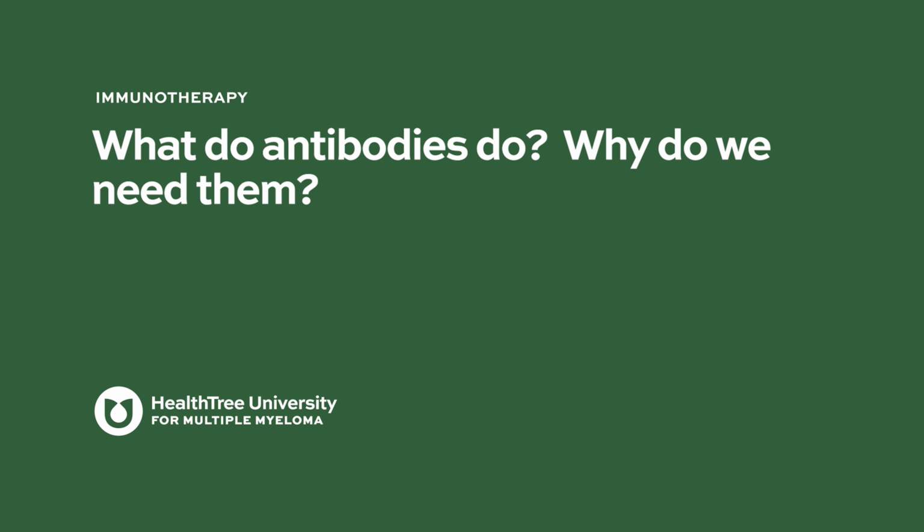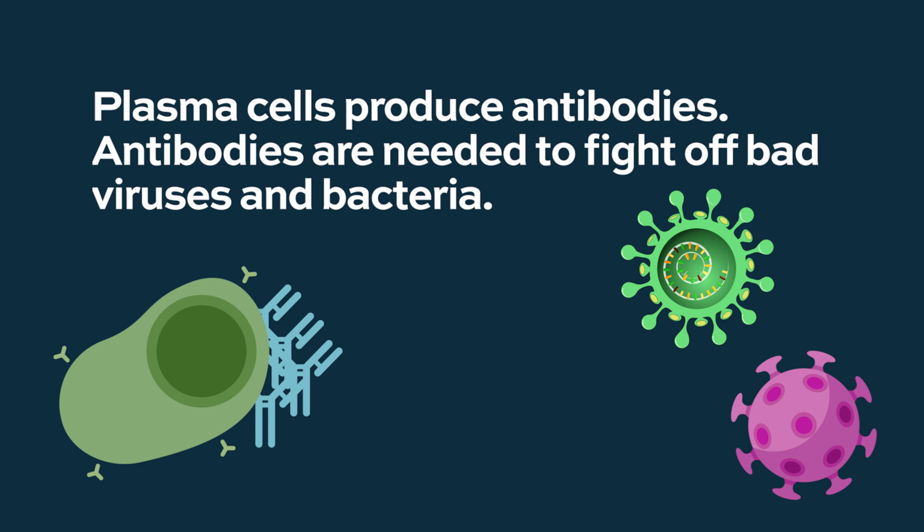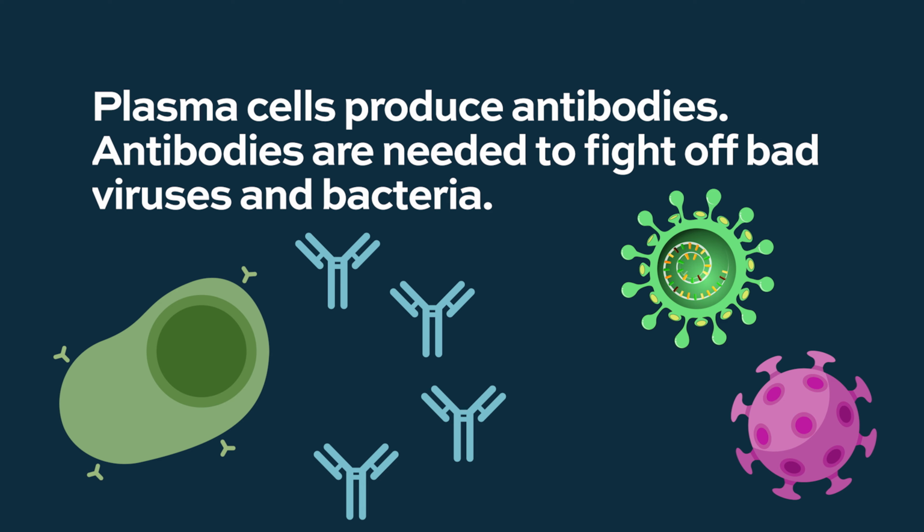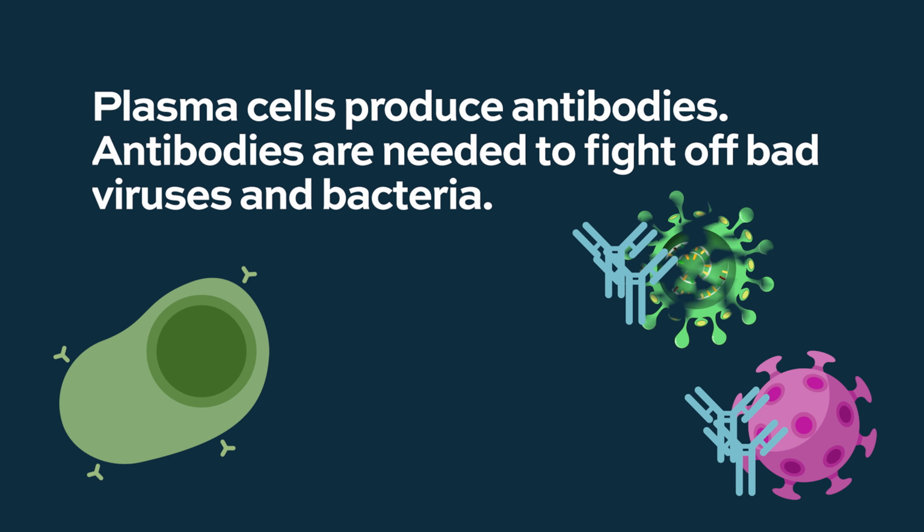What do antibodies do? Why do we need them? We know that multiple myeloma cells are cancerous plasma cells. And plasma cells are very important to produce antibodies. And the antibodies are very important that we exist. Without antibodies, we would die from simple infections. So we need the plasma cells to produce antibodies to survive, because the antibodies will kill the viruses and also